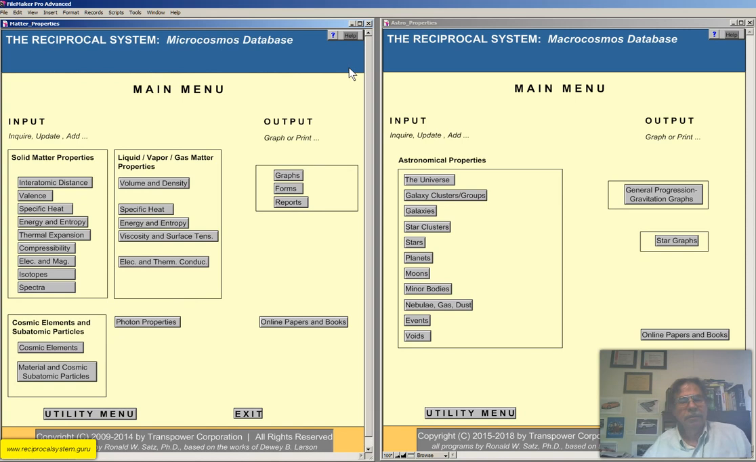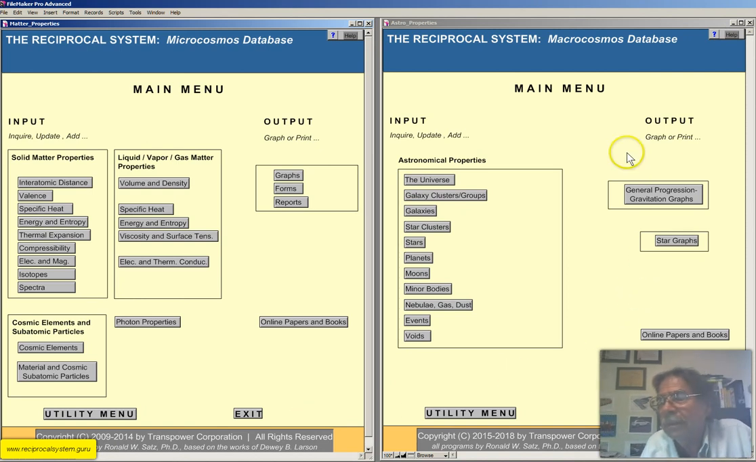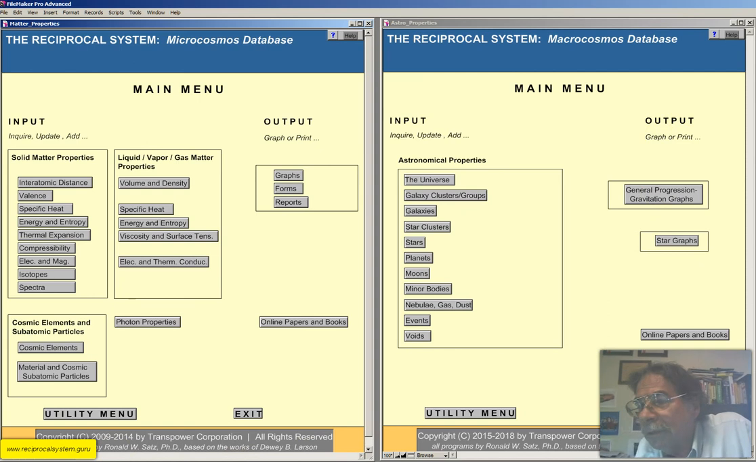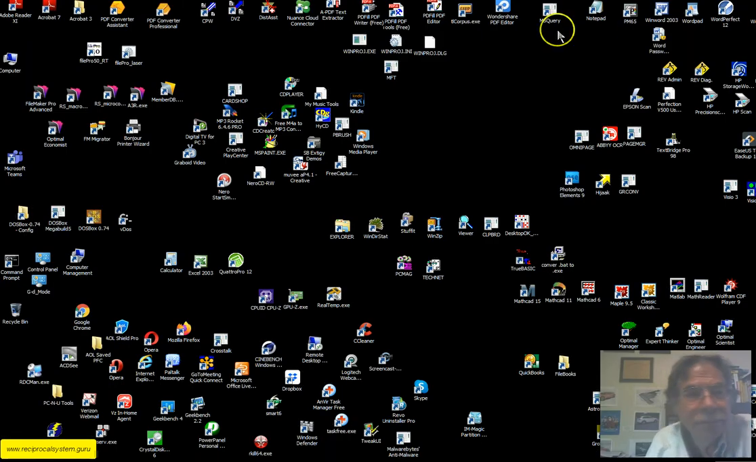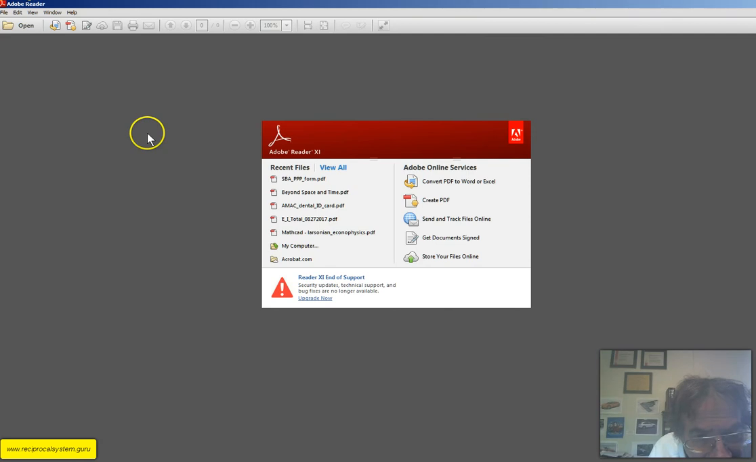Now, I should point out, you know what I'd like to do now? Let's just take a look. Let's minimize this. Well, actually, let's see. What can I do here? What if I minimize that? Let's go to Acrobat. And let's go to